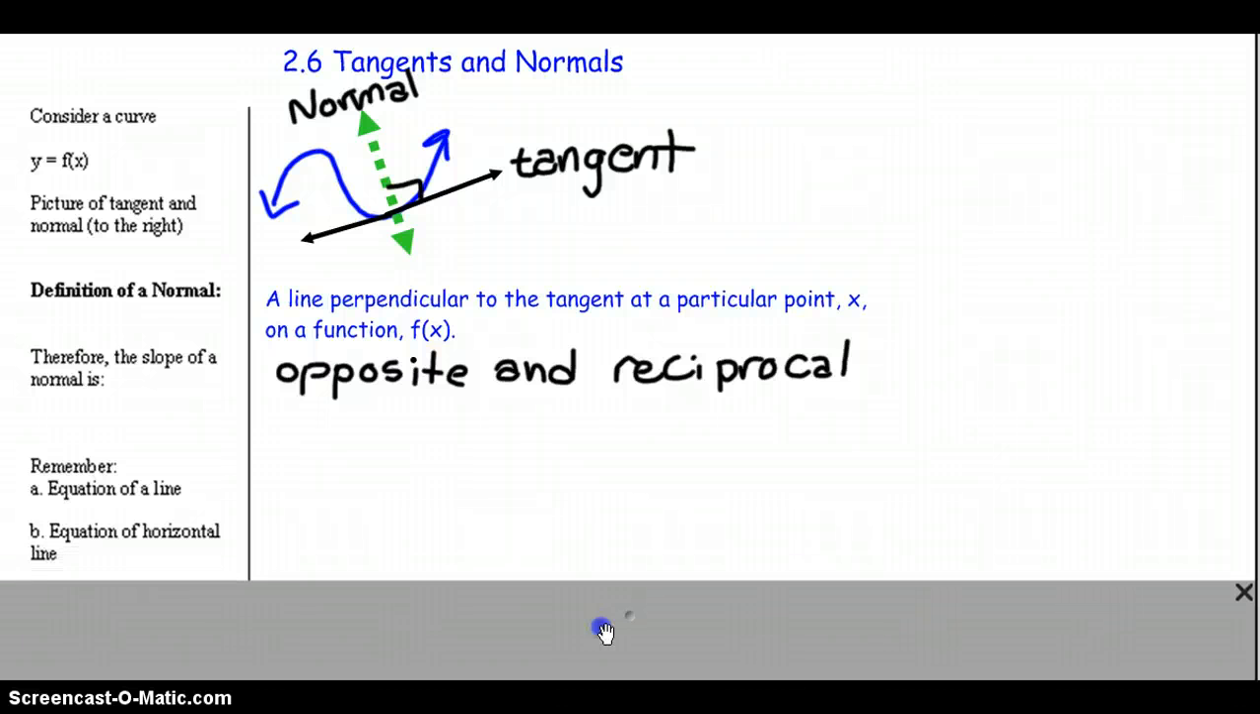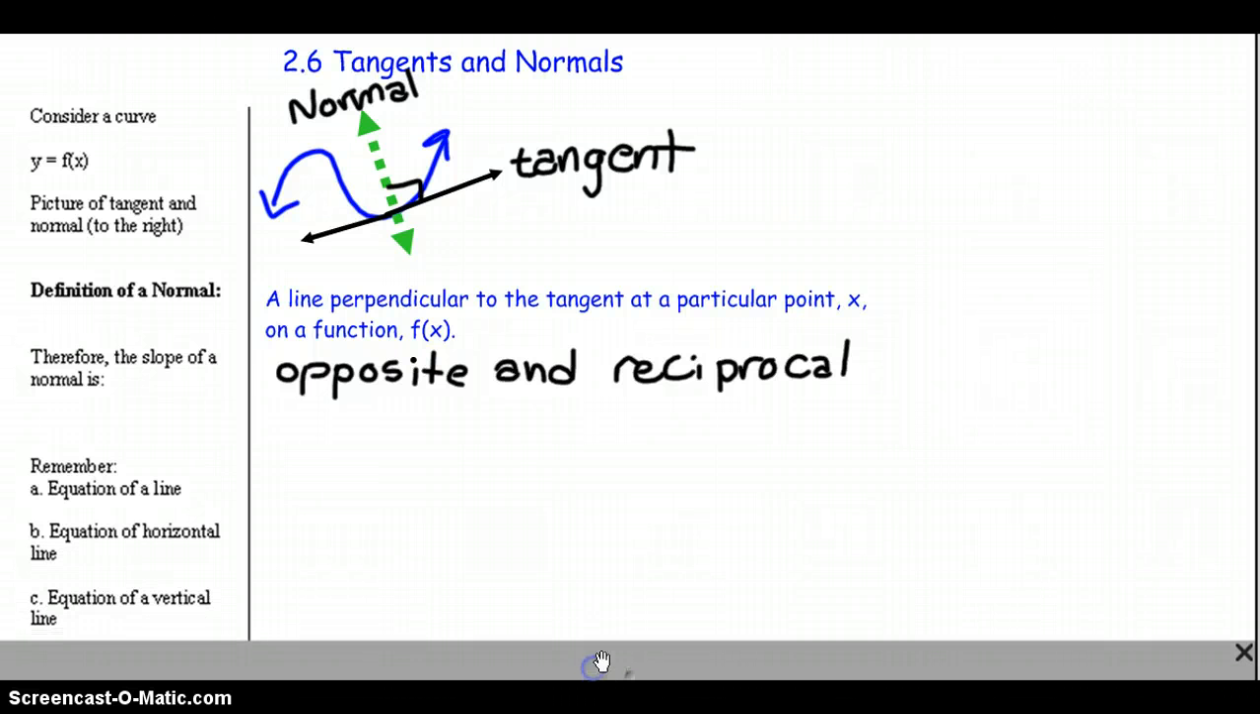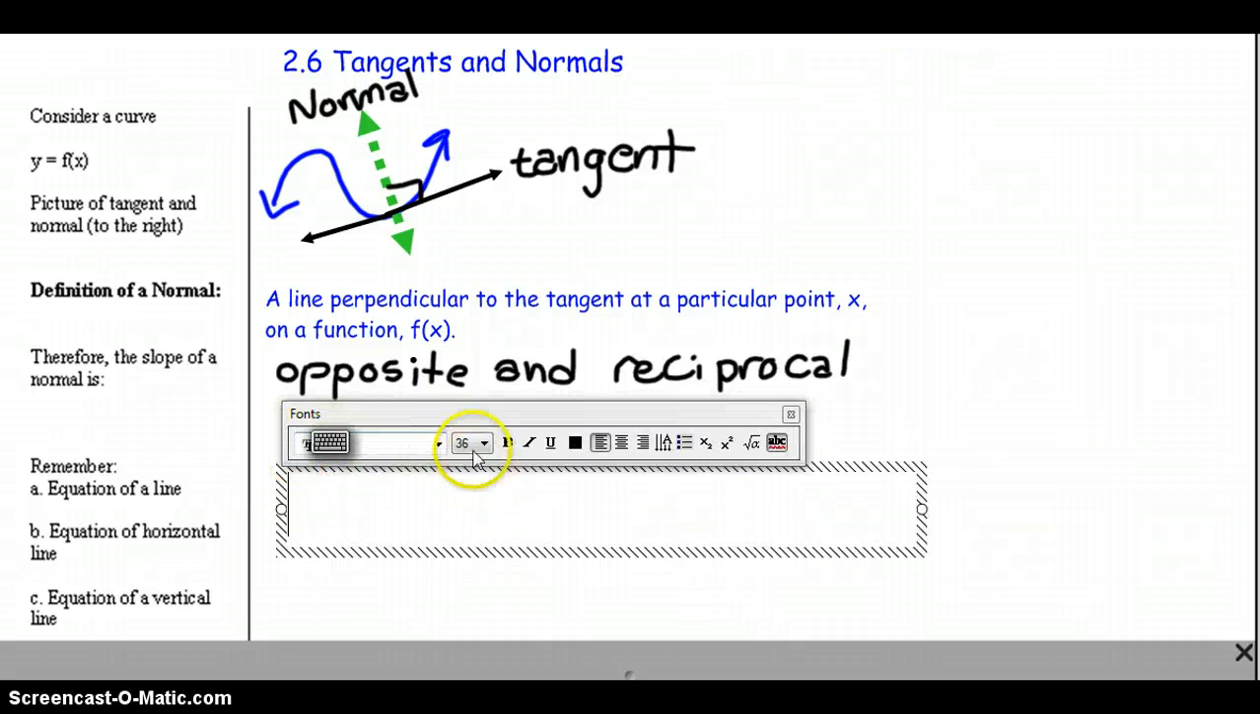Okay, so now that we have this idea of what the normal actually is, let's think back a little bit more to Algebra 1 and consider these 3 points here. The equation of a line. We can either use y equals mx plus b here,